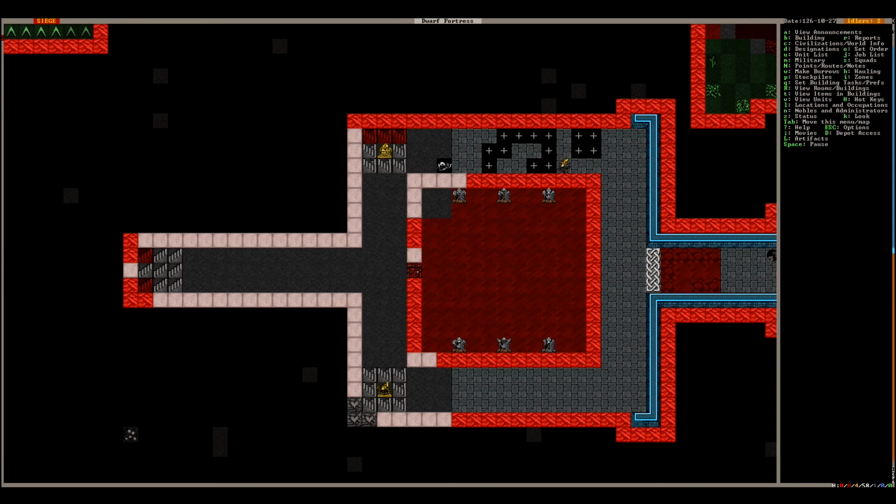So yeah, like I said, so you got a dwarf. They can smooth stone and they can also engrave stone. Generally, you want your engravings to be a higher quality because the higher quality of the engraving,